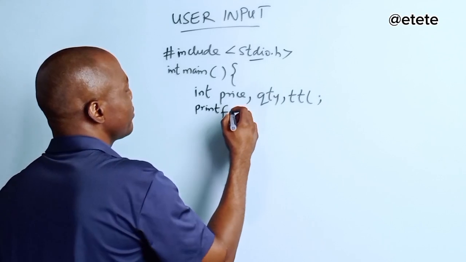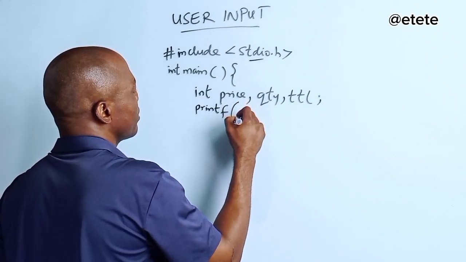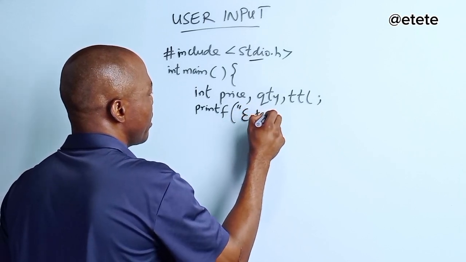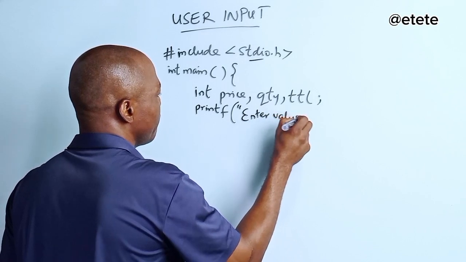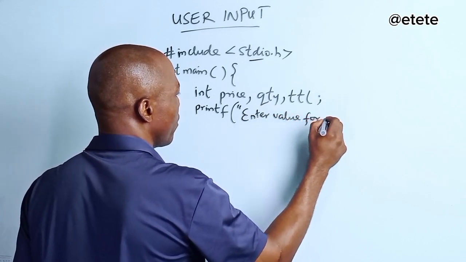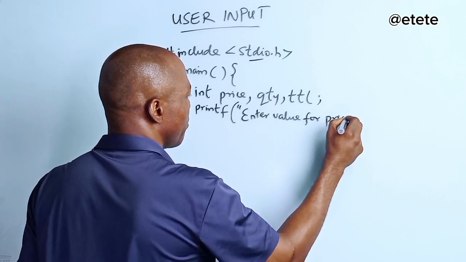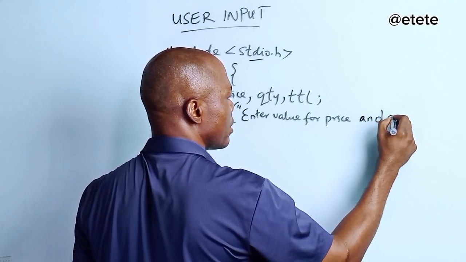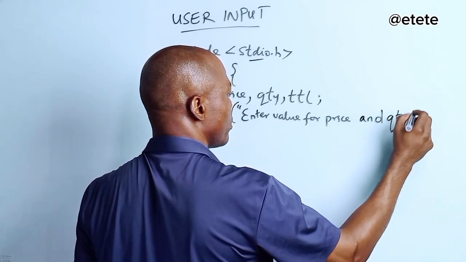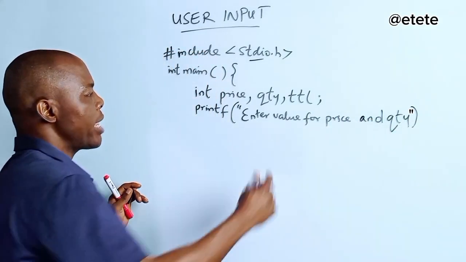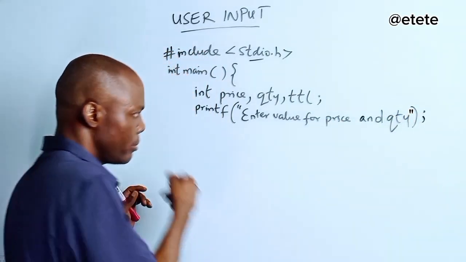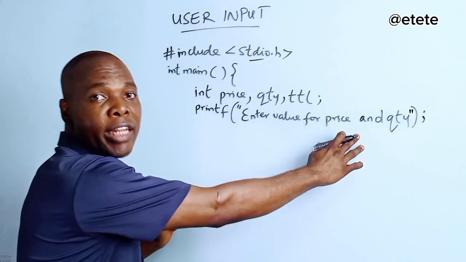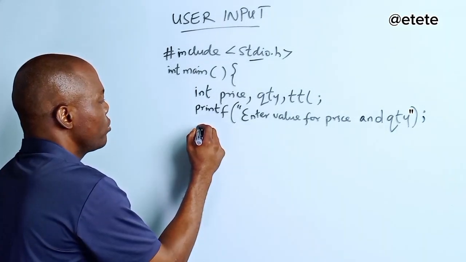Enter value for price and quantity. So this will be printed out on the screen. Then I will close this. Then here, once this is printed out on the screen, I will do